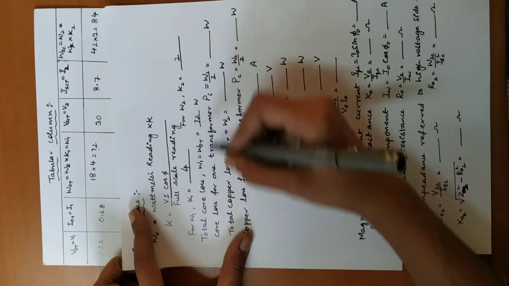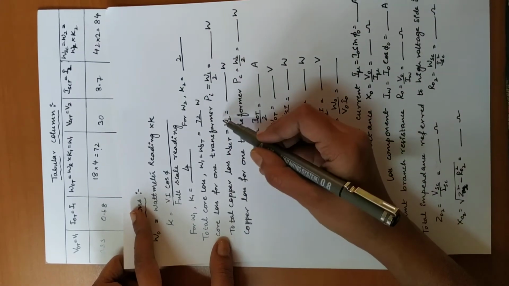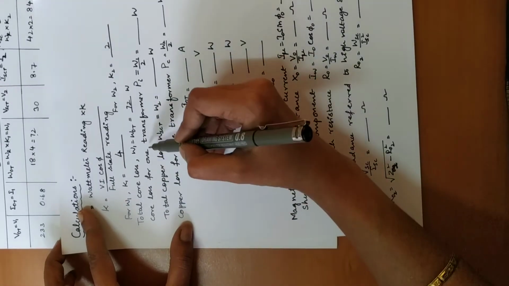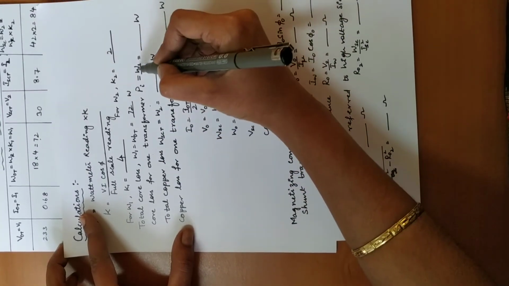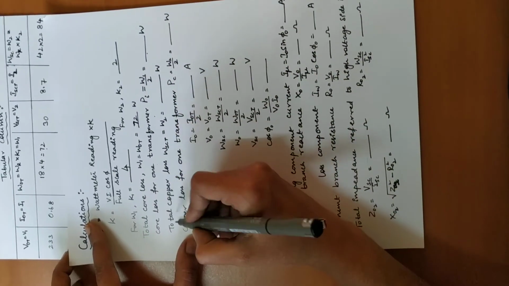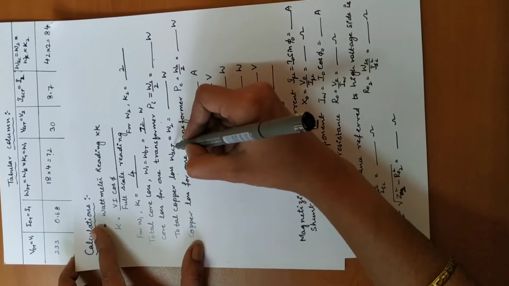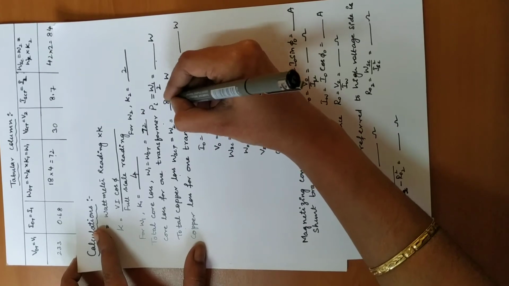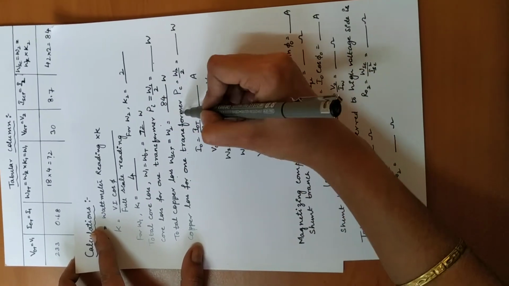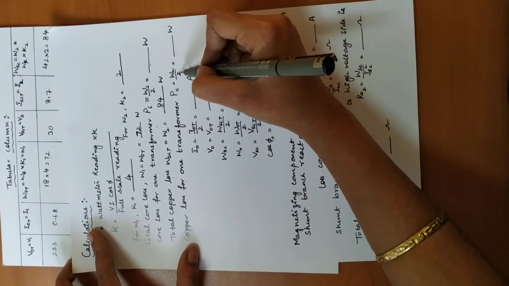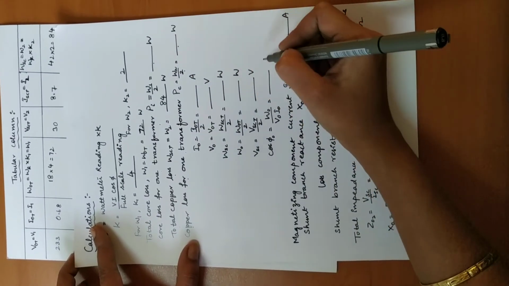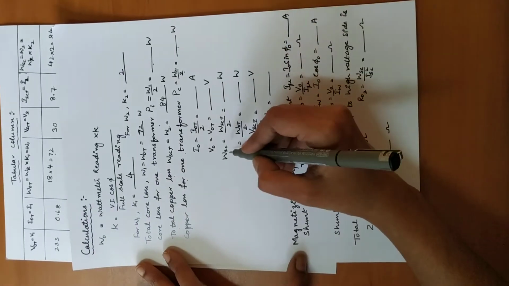And this we have to take for each transformer. We are utilizing two transformers, so therefore core loss for one transformer will be half of this value, so 72 divided by 2 we have to do. Then similarly for the copper loss, WSC, we got the value as 84. Since here also the copper loss for one transformer will be calculated, that is WSC divided by 2. Once you get this value, now